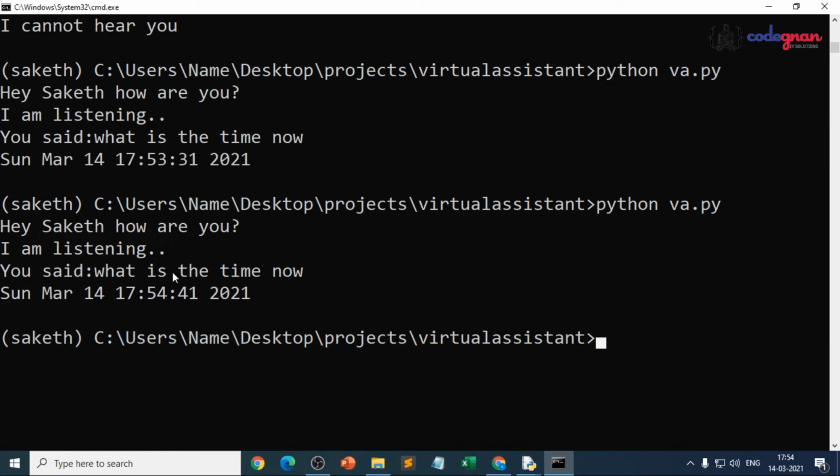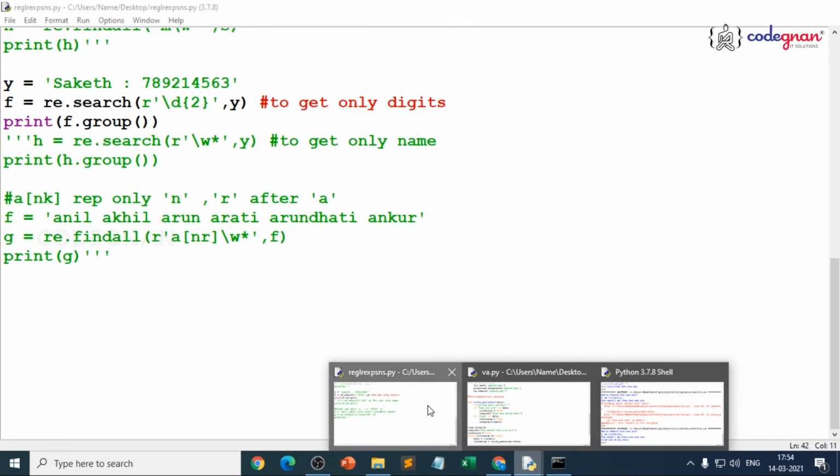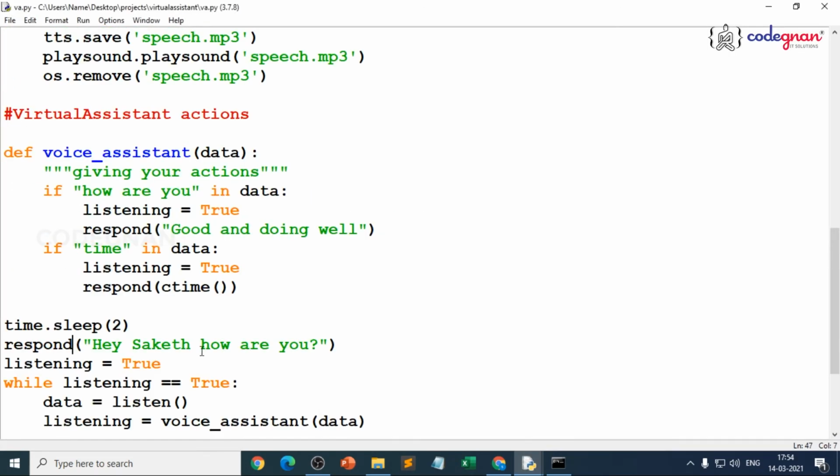See, the time is being updated. Now it has gone to clear execution. See, 2 seconds it has calculated and it has come out very clearly because we have defined time.sleep of 2. If you remove this, it's up to you. So whenever you give time.sleep, it clearly waits for the particular moment.